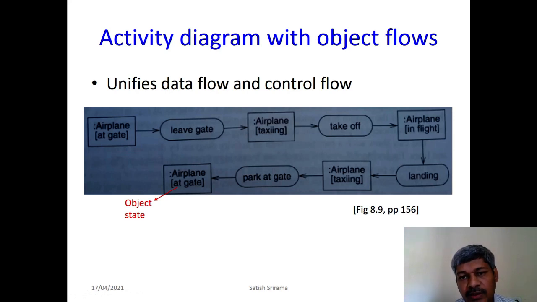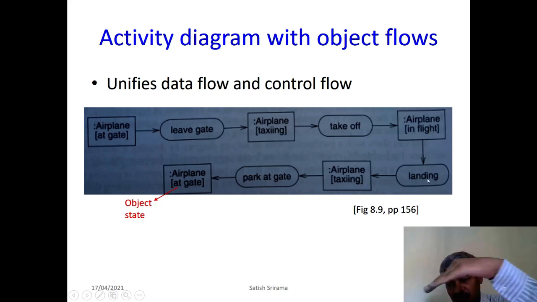Now once you have this sort of activity diagram with this sort of object flows, first, say for example, the object airplane is at the gate. Then the activity can be leave gate. Once you have this activity executed, the airplane will be in the taxiing state, so it is ready to fly. Once the object is in the taxiing state and you take off, the object will move to the in-flight state. So once the object is in the flight mode,